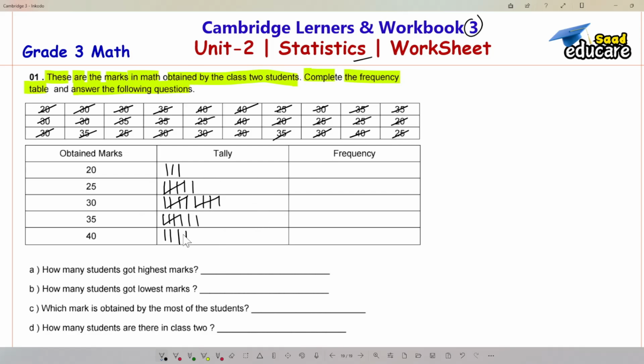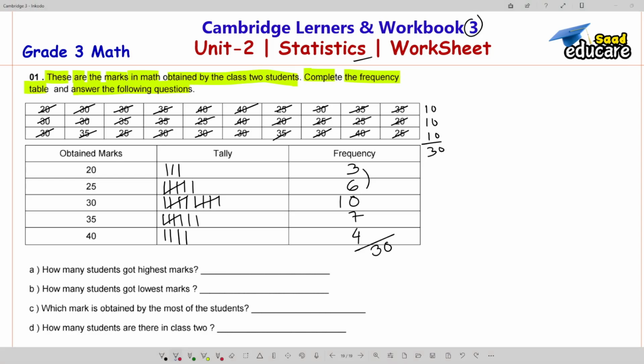Now look, by tally marks we can easily find out the frequency. Here is 3 marks, so frequency is 3. Here is 5 and 1, it means 6. 5, 5, here is 10. 5 plus 2, it means 7. And 4, here is 4. So how many? Look, 9. 9 plus 10 is 19. 19 plus 7 is 26. 26 plus 4. So total frequency is 30. Very simple thing. So each row, here is 10, here is 10 and here is 10, total 30.